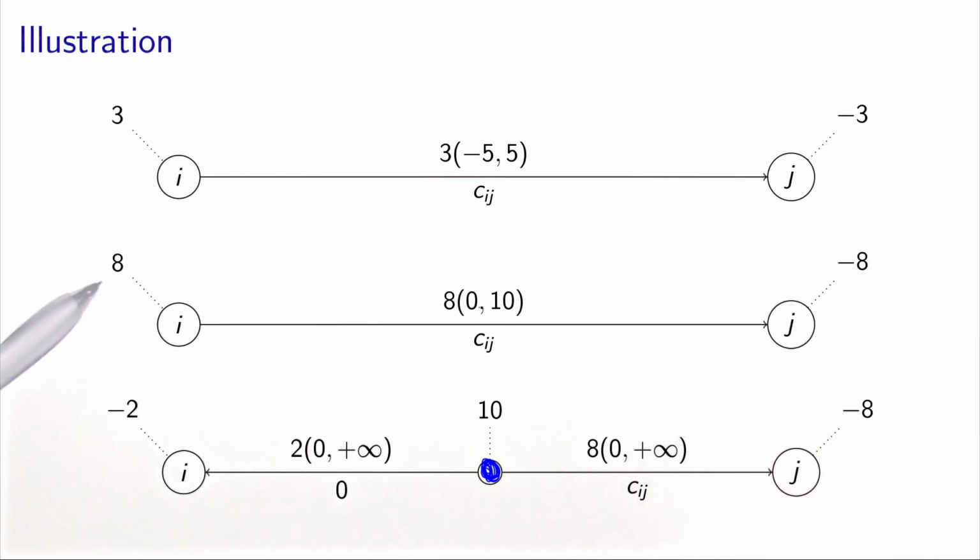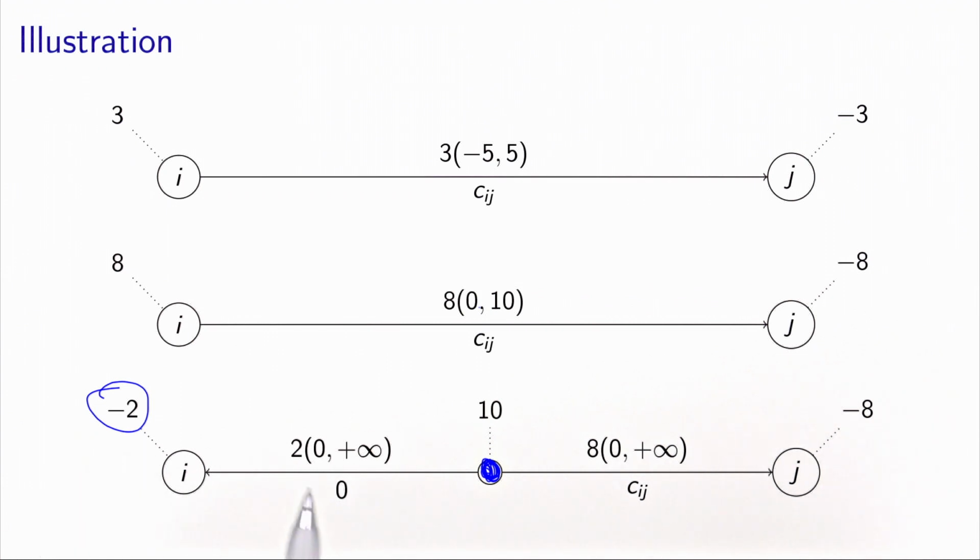We had originally 8 units of flows, but now we need to put -10 because we put 10 flows too much on the network. 8 minus 10 is equal to -2, which becomes the new demand for this node. It means that to transform a transshipment problem into standard form is equivalent to modifying the network in the way that we have described here and writing the transshipment problem for the modified network